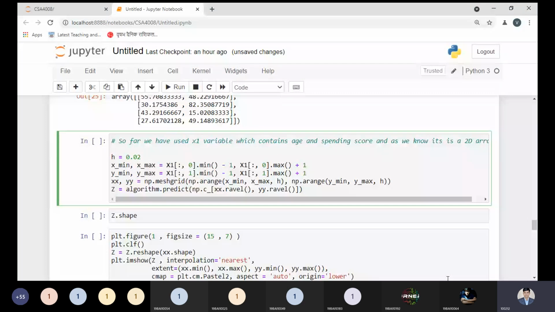Okay. So for doing this, we need to transform 2D to one dimension array by using the ravel method.